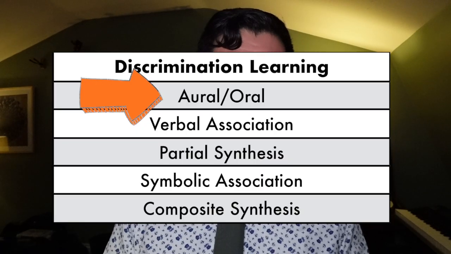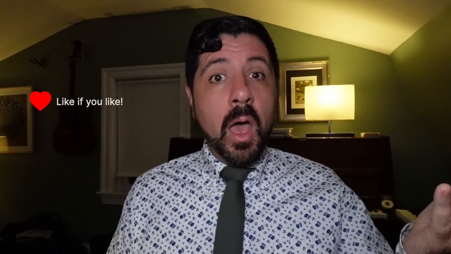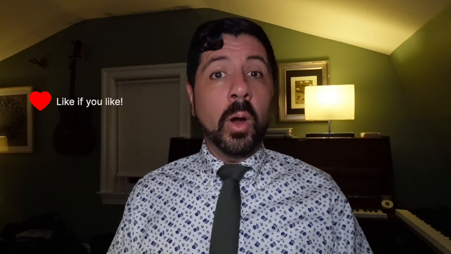I'm going to go through the skill learning sequence in much more depth, but I'll just give you a little bit of a taste right now. Let's begin at the oral level. At the oral level, students listen and speak. Aural, A-U-R-A-L, implies that they're listening, and oral, O-R-A-L, implies that they're going to speak. So they might listen to a pattern like bum, bum, bum, and they echo that pattern. Bum, bum, bum, bum.